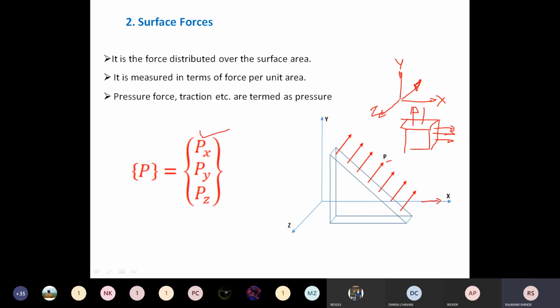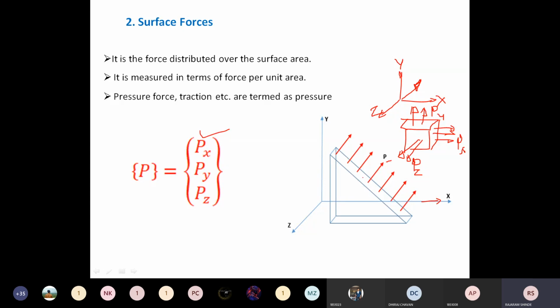If we apply the force on this surface, that is pressure on this surface, it has only y component, and in that situation x and z components are 0. And the same thing when we do on this surface, then it has only z component. This is your px component, and this one is your py component. Do you agree with this?